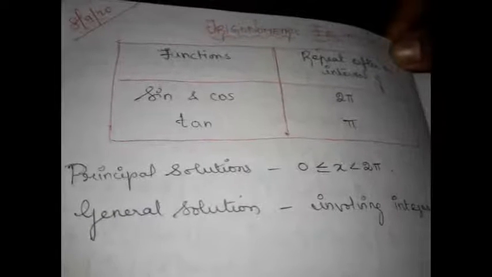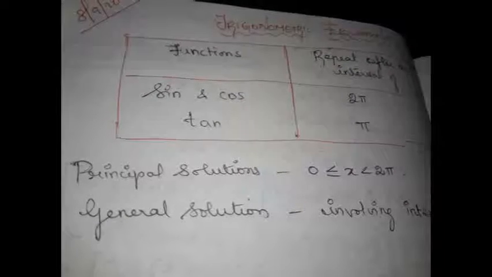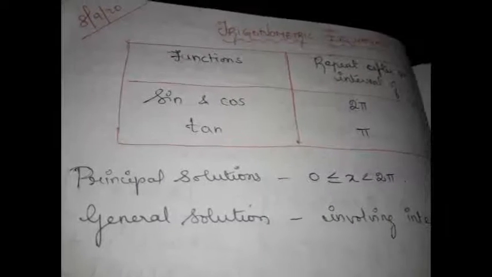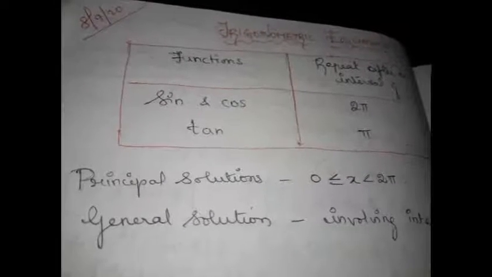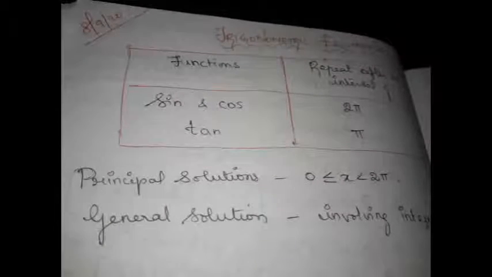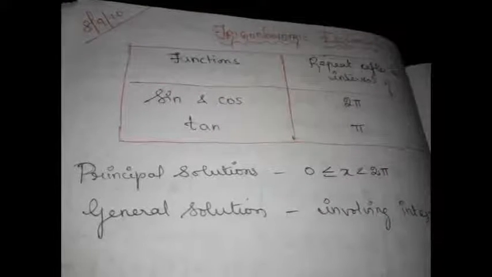An equation involving trigonometric functions of a variable is called a trigonometric equation. We know what is meant by an equation, right? An equation will surely involve a variable. So if a trigonometric function of that variable is there in the equation, then we call it a trigonometric equation. For example, sin x plus cos x equals 5 is a trigonometric equation. It involves the trigonometric function of that variable, right? So those equations are called trigonometric equations.